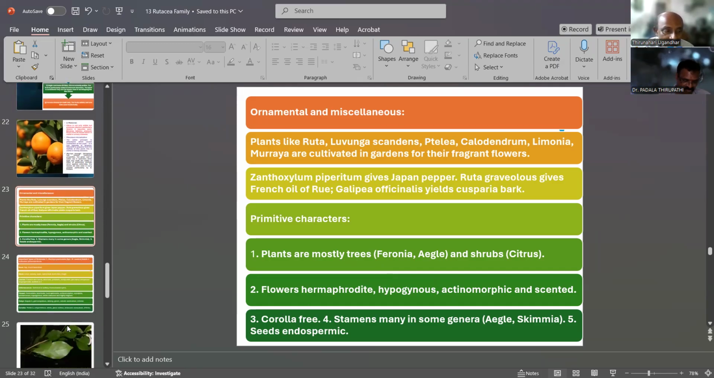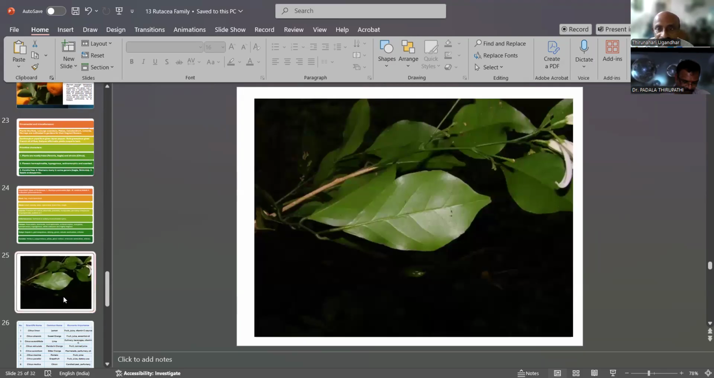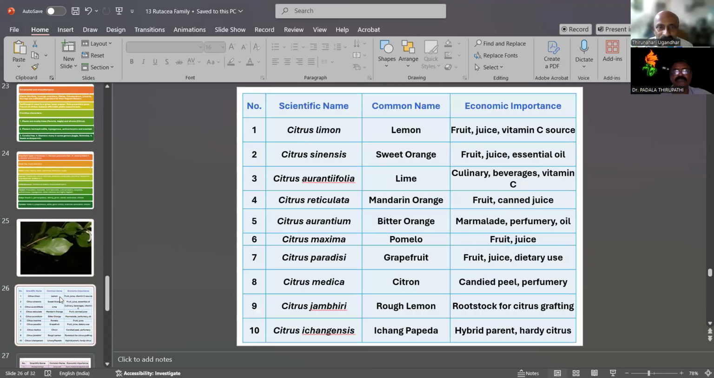This is also one character of the family, but it is found in only a few types of families. How many plants does this family have, and what is their importance? All the plants we have prepared in a table. What are the scientific name, common name, and economic importance? Out of the 30 plants collected from this family, we prepared this: Citrus lemon, fruit juice, and